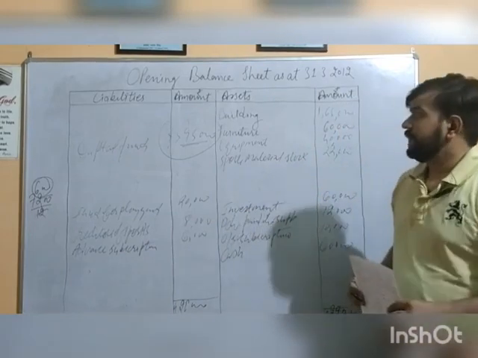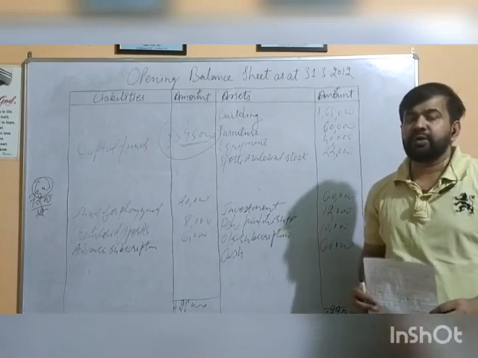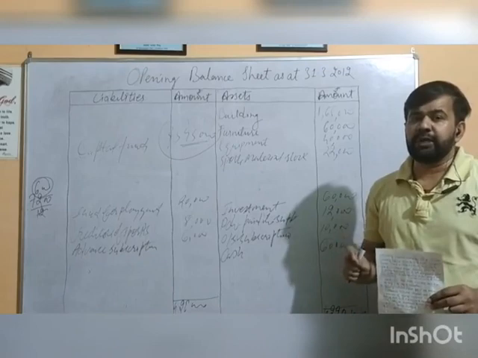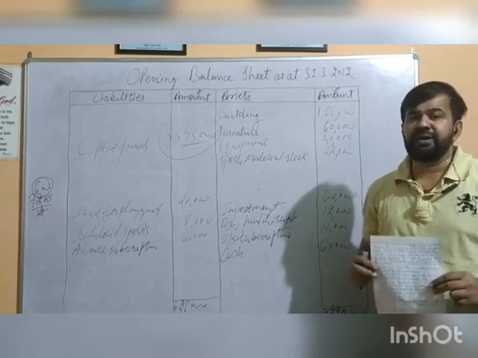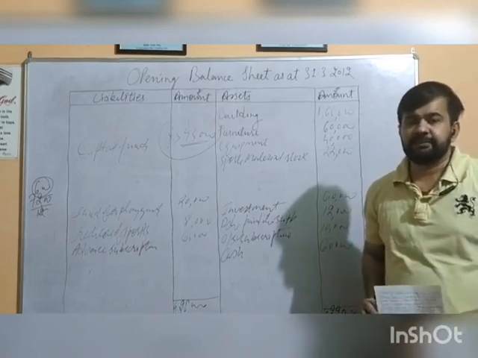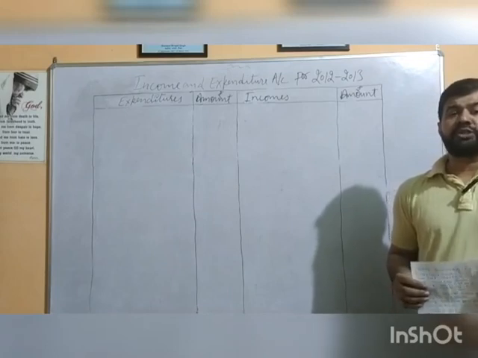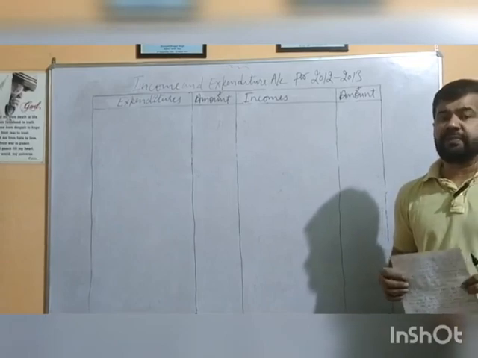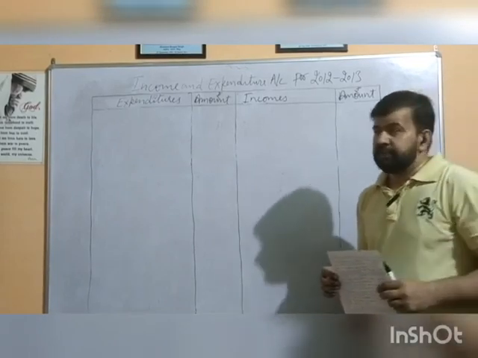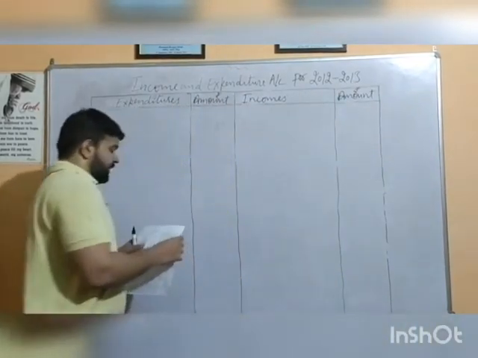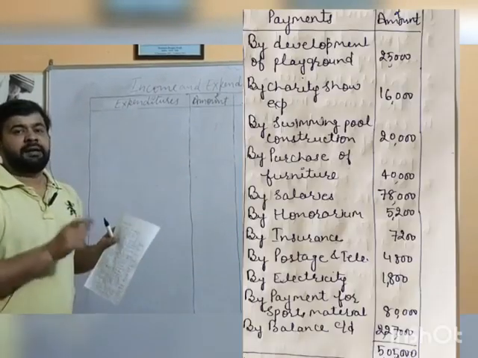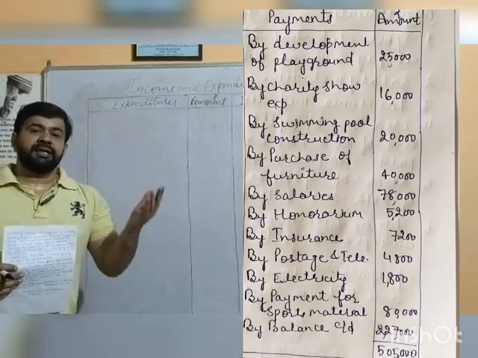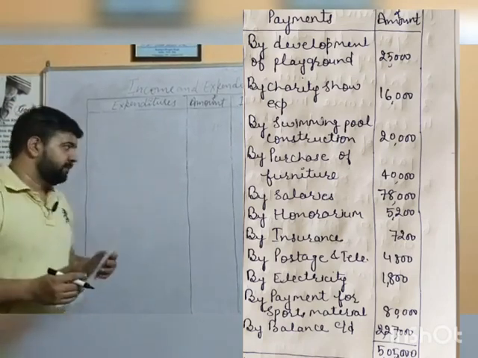Now we will draw our income and expenditure account, which is quite a tedious exercise. So we request you watch it carefully and keep reading the portion of numerical that is visible on your screen. Friends, now we are ready to undertake the most tedious part of this numerical, that is our income and expenditure account. Then we will be preparing our final balance sheet. So here, I am starting with the expenditure side, so I would prefer to read payment side and adjustment first.